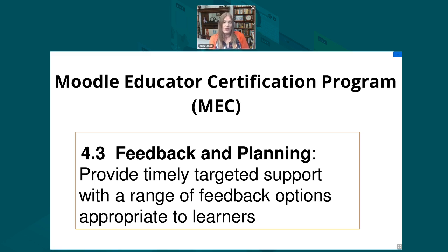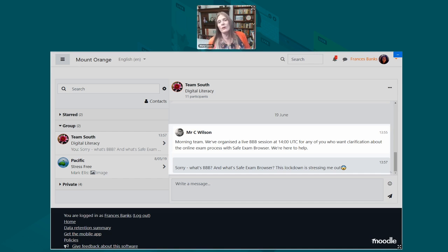And look at the words there: timely, targeted support, a range of feedback, appropriate. All words that really connect with knowing your learners, supporting them and giving them appropriate feedback. Moodle has lots of different options for supporting them, and please type in the forums for when we stop again in a few minutes your thoughts on giving